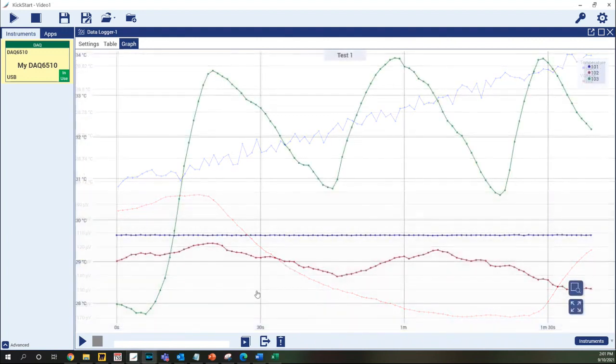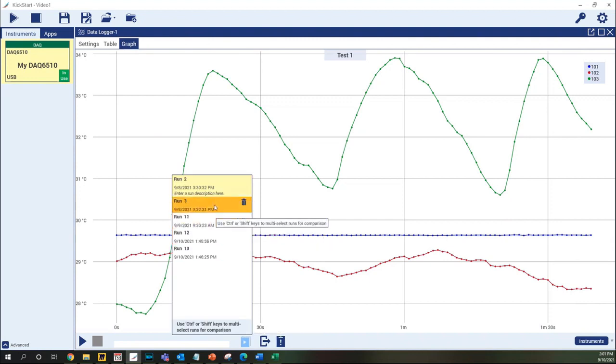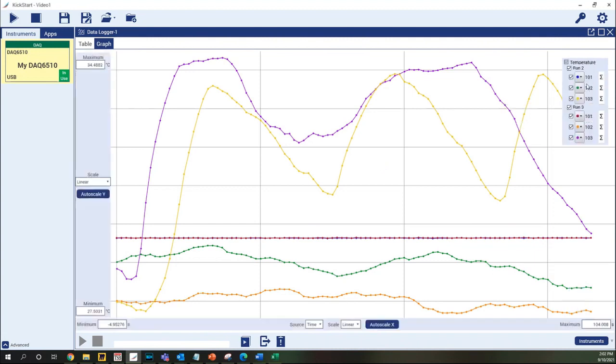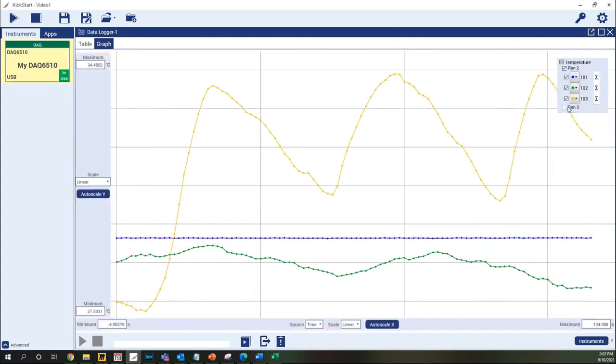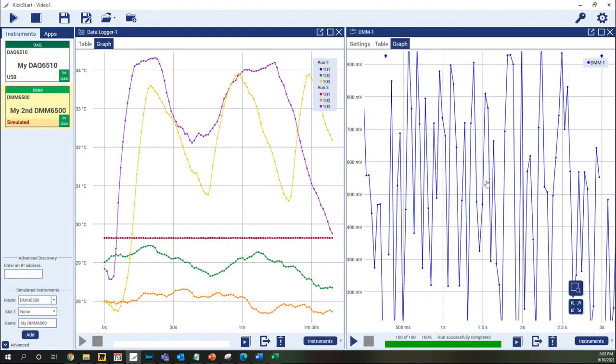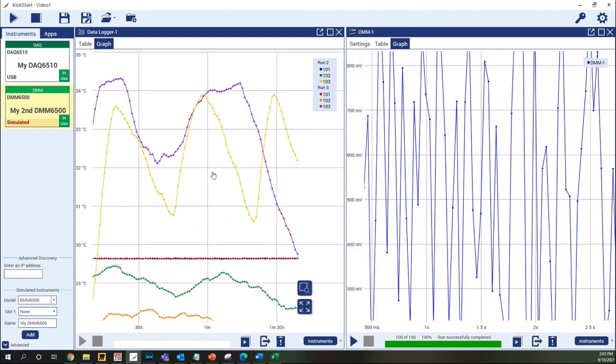Multiple runs of an app can be displayed on the same graph by selecting them in the run history. As before, an entire run can be disabled from the graph by just selecting the checkbox in the legend, so that comparing multiple runs is quick and easy. For applications using more than one instrument, multiple apps can be compared side by side, keeping all of your data